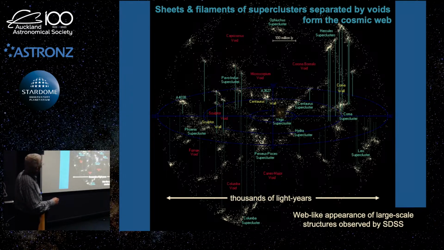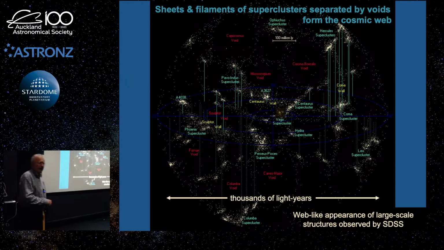And they call it the cosmic web because it looks like a web, or soap suds, if you will, or a sponge or something like that. But you get these big voids, and you get these sheets and filaments of these large superclusters forming. So that's on a much, much larger scale. You're talking here thousands of millions of light years across. You might think, wow, so this is a diagram of it.